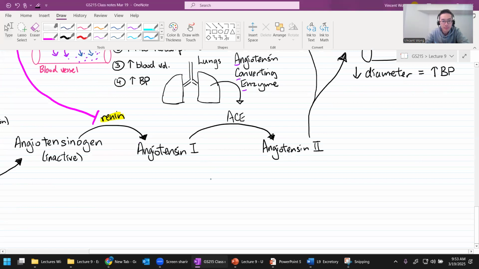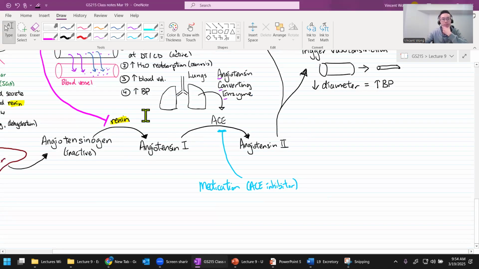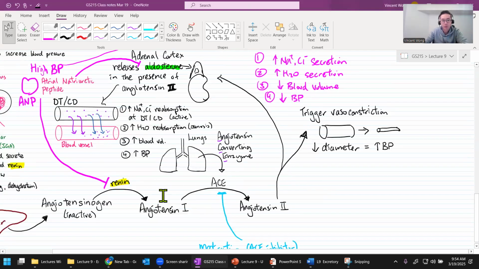So an ACE inhibitor medication for people who have high blood pressure is ACE inhibitor. Yeah, I mean, there are different brand names for it, but essentially they all do the same thing. It's going to inhibit the ACE. So by blocking the ACE, you are basically shutting down the RAS. If you're already suffering from high blood pressure, you don't want the RAS system to be active. Okay,